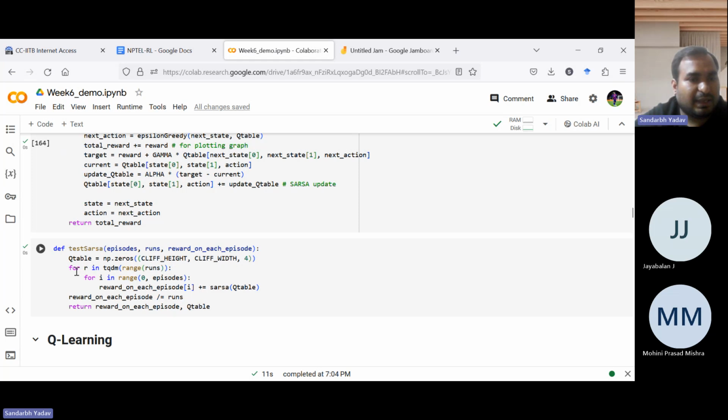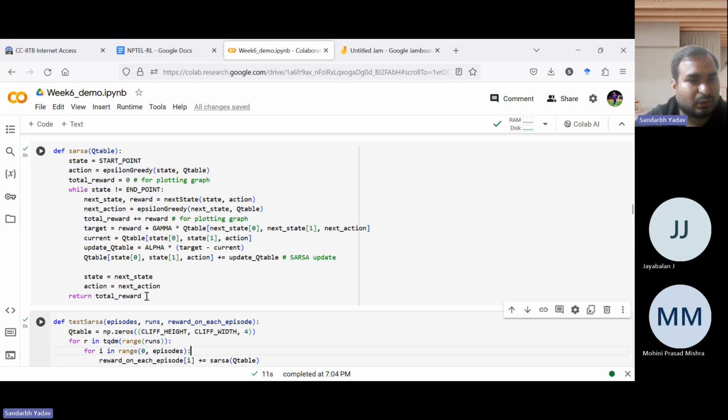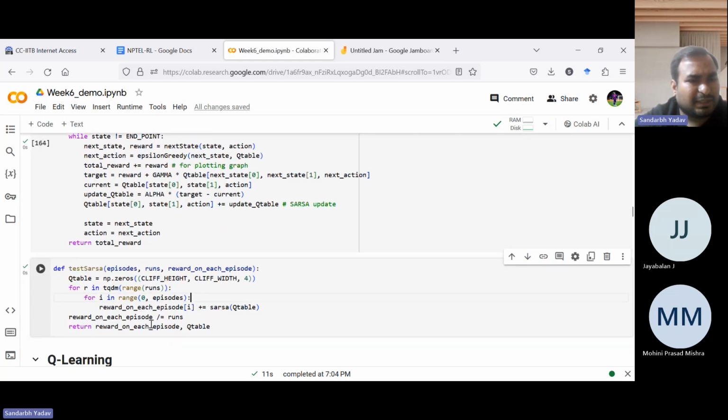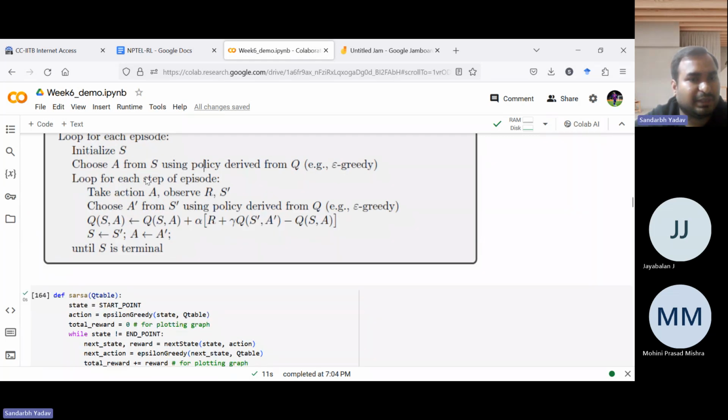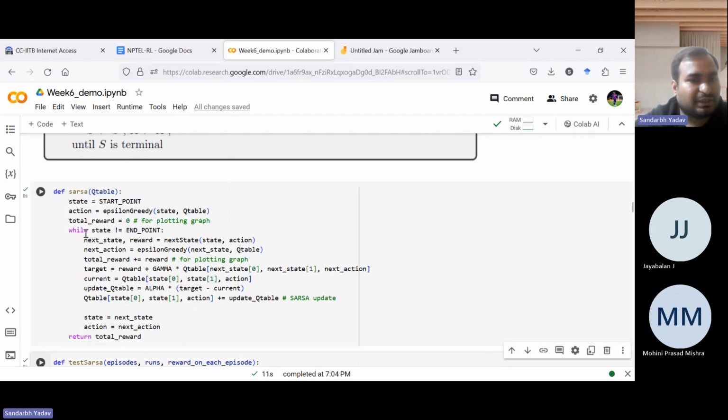I have used that 3D matrix, but you can use a 2D matrix also, but you will have to make changes accordingly. One more concept here is that since this is a stochastic method, every run of SARSA might give a different result. So we are doing multiple runs and taking the average for the purpose of drawing some conclusion. For all episodes, we call this function and get the reward. It returns the total reward of that episode, and we calculate the average reward on every run. And this is the same SARSA algorithm, which is called for every episode, and similarly you get the next state and reward from the next state function.